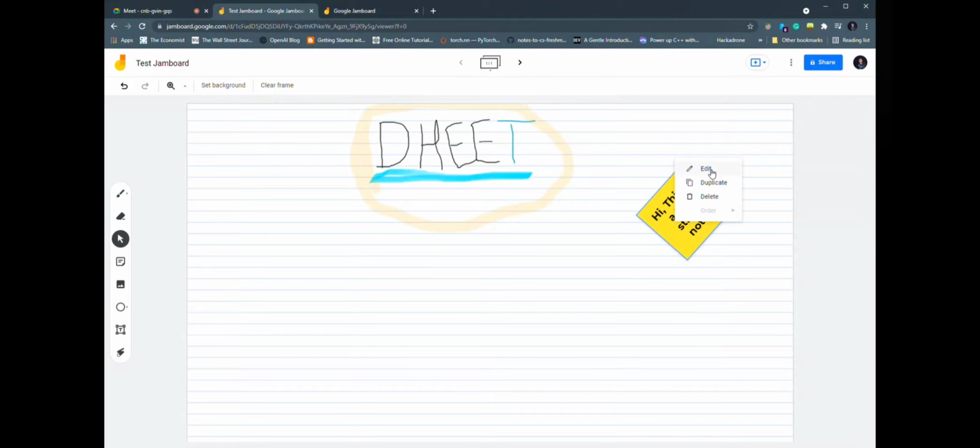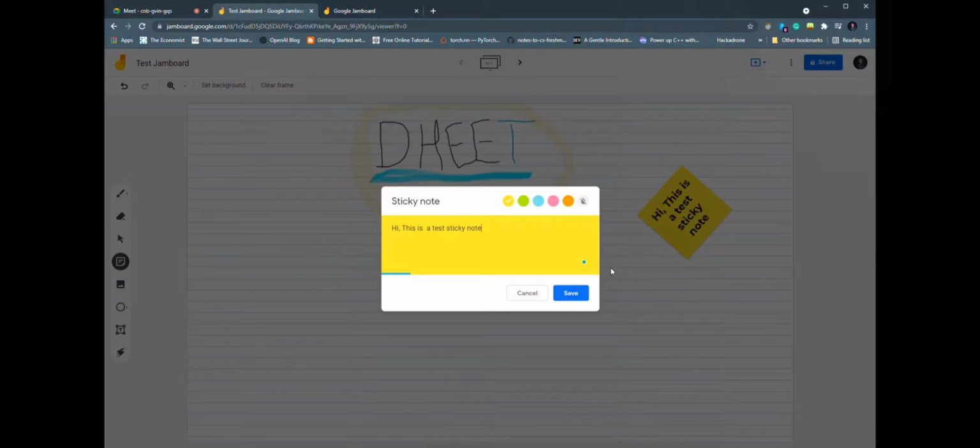You also have the option to edit or duplicate it. So to duplicate it, you just click on the three dots and click on duplicate, and this is the other one. And again, I've already talked that there's also an option to rotate it, to move it around, to change it. And if you double click on it, the pop-up again will open to edit the sticky note. And in editing, you can again change the text or the color of the sticky note, and then save your changes.